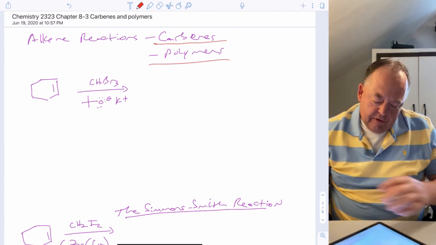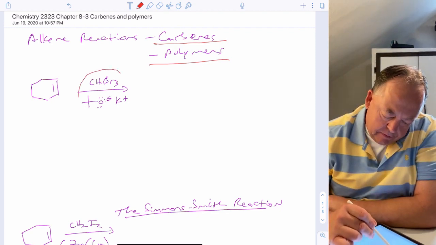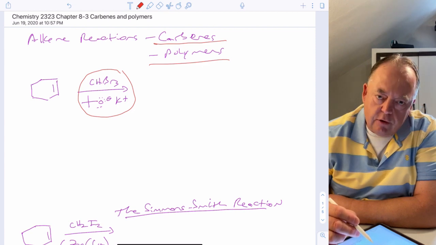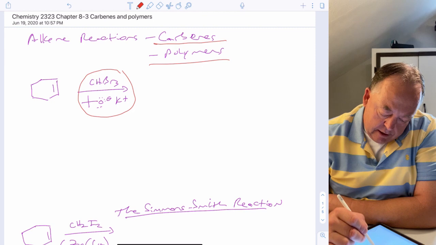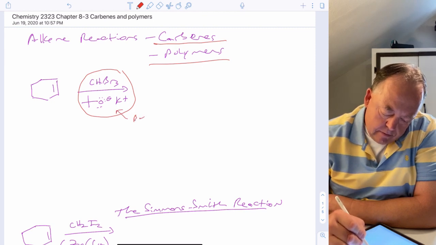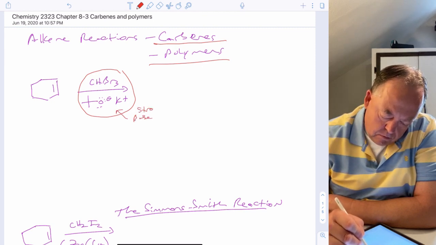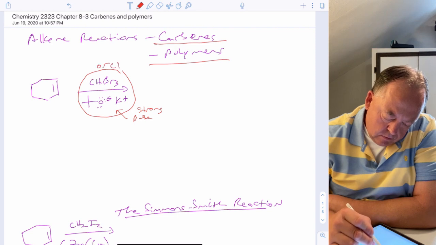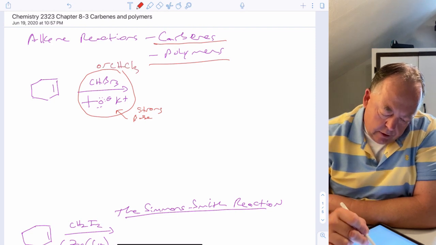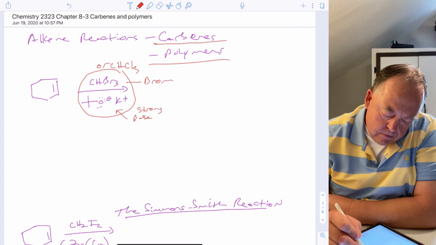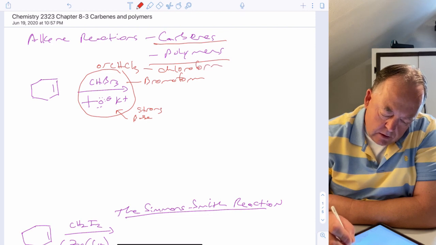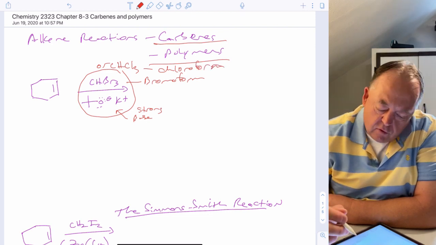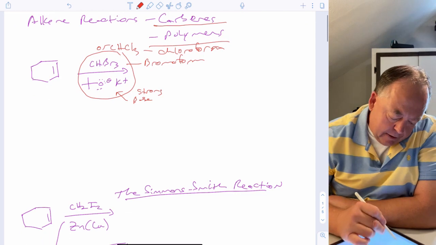Okay, so if you take an alkene and this is your recipe, you react it with CHBr3, or it could be CHCl3, and then with a base. So that's what's known as bromoform, and that's what's known as chloroform. So bromoform or chloroform with a strong base. So what happens is, first of all,